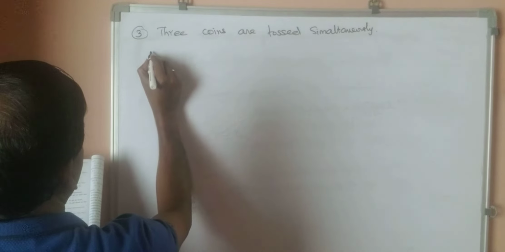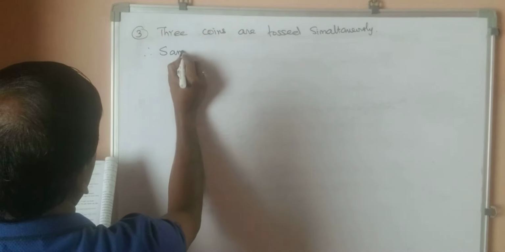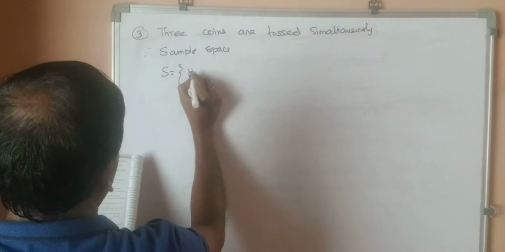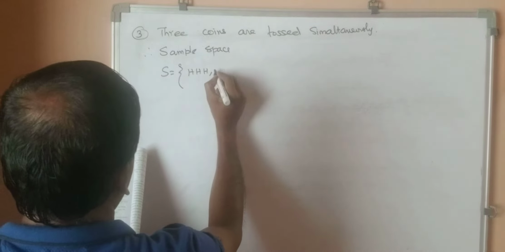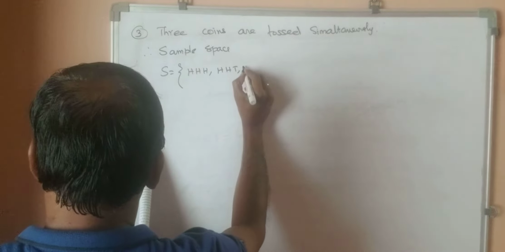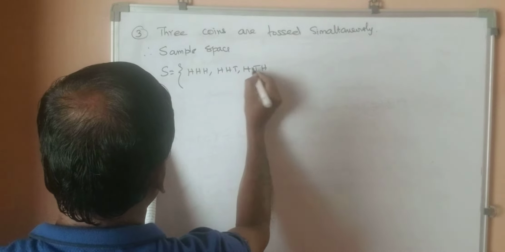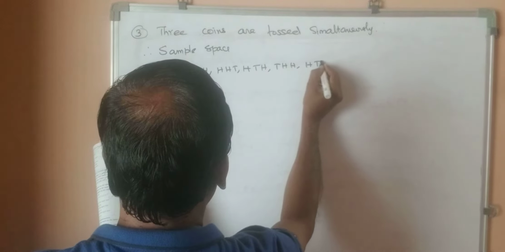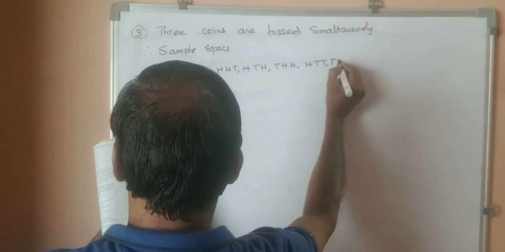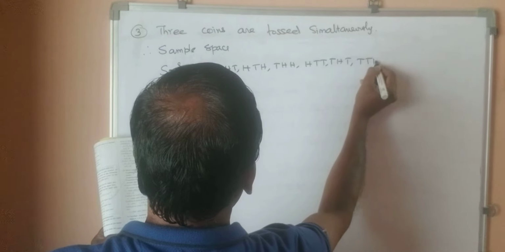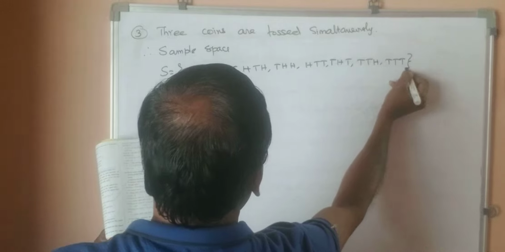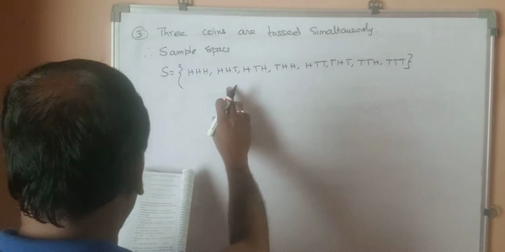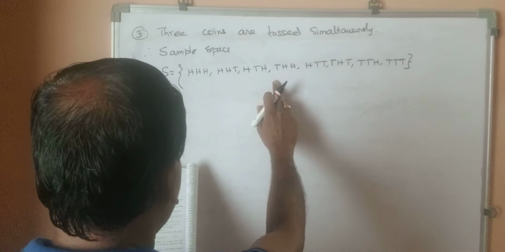So sample space S equal to HHH, HHT, HTH, THH, HTT, THT, TTH, TTT. Now you see how many possibilities there are if you are tossing 3 coins: HHH, HHT, HTH, THH,